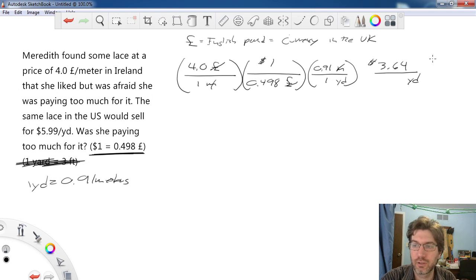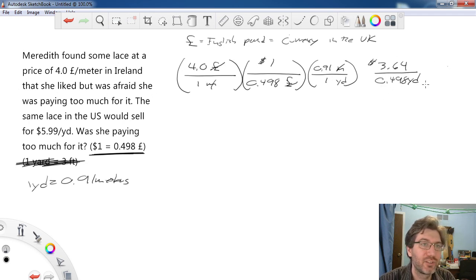Yes, pounds are money. Pounds are the currency of the UK. They also use them in Ireland because, well, they're not part of the European Union. Well, they are. They're not. They didn't adopt the euro. And then there's Brexit happening. If you've followed Brexit, which is a catastrophe over there, and that's